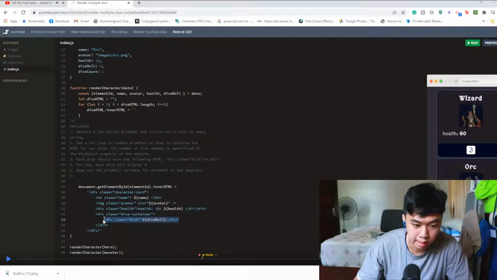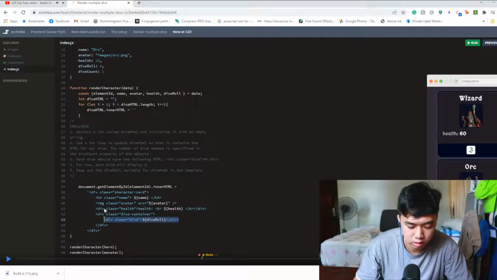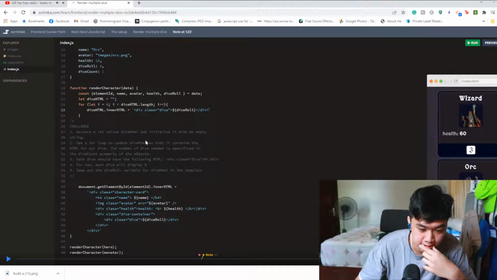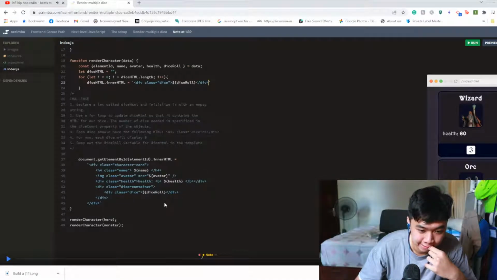Contain the HTML for our dice. The number of dice that we need is specified in the dice count property of the object. Well, I'm assuming this is how we do it. For now, each die will display 6. Swap out the dice roll variable for dice HTML in the template. I'm assuming this